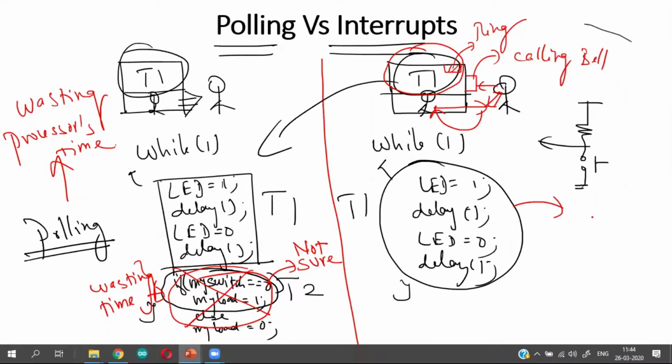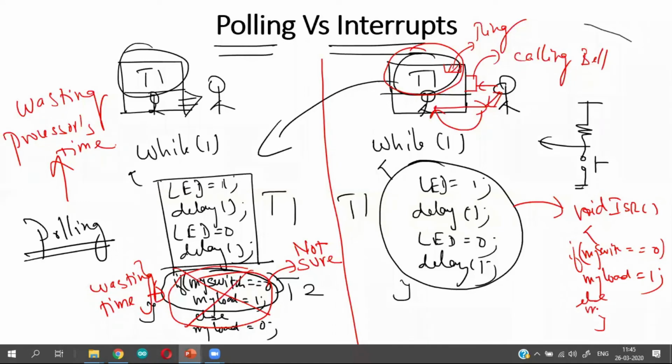What is the different segment of code called? Interrupt service routine, void ISR. In this ISR only I do the checking. If my switch is equal to 0, then I put my load equal to 1, else my load equal to 0.